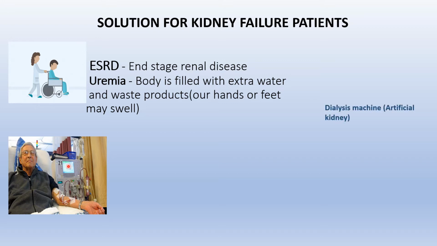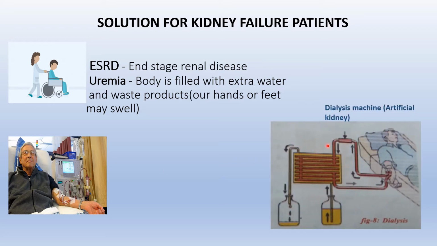This is the dialysing machine used for hemodialysis. It is also called artificial kidney as it functions same as our kidney by purifying the blood. In this process, blood is taken out from the main artery, mixed with an anticoagulant such as heparin and then pumped into the apparatus called dialyzer.